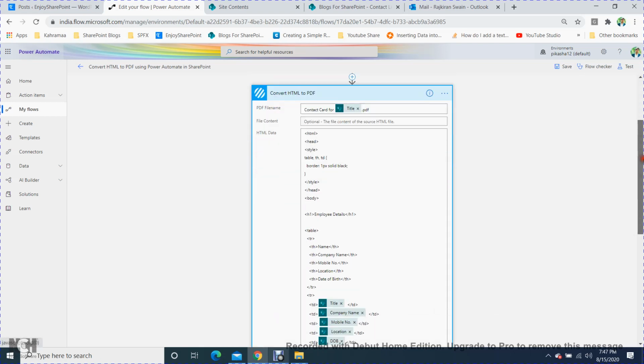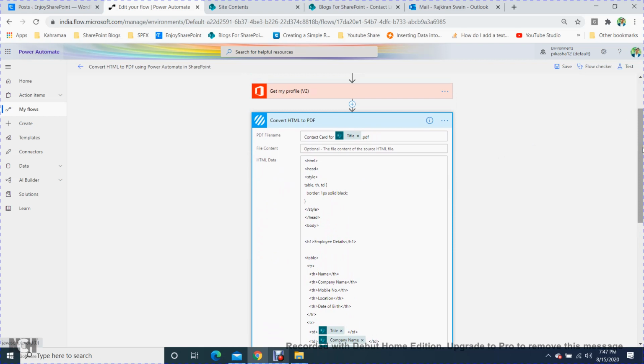Here, convert HTML to PDF is done through APIs, there is an encoded API here. I have already published an article for this where you will get all the details, but here I will just show you how to do it.